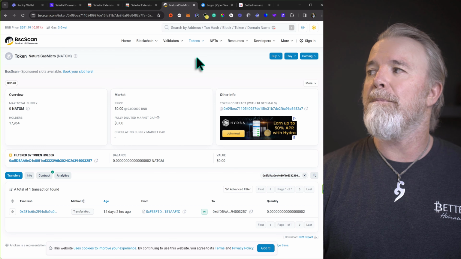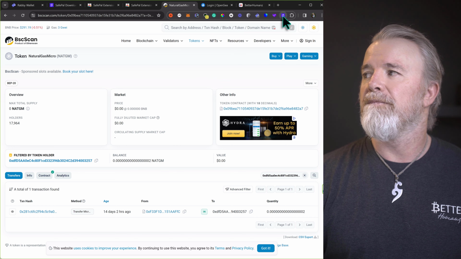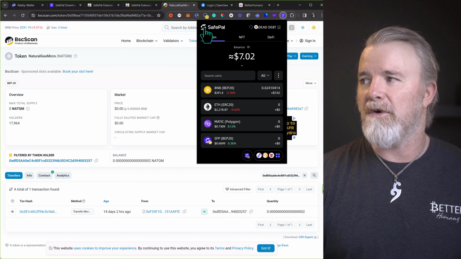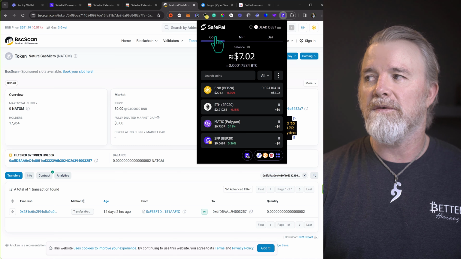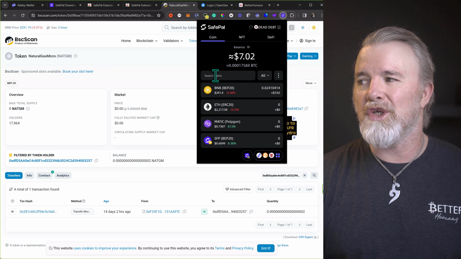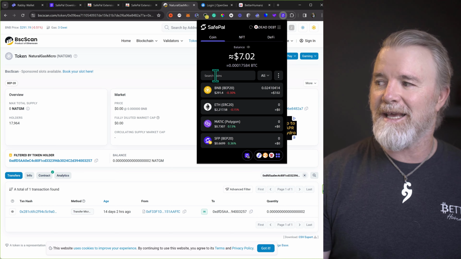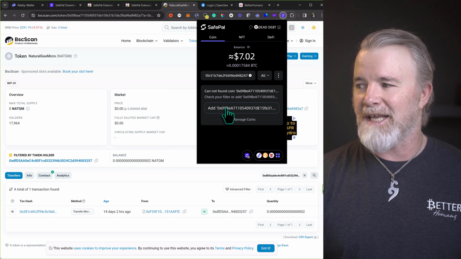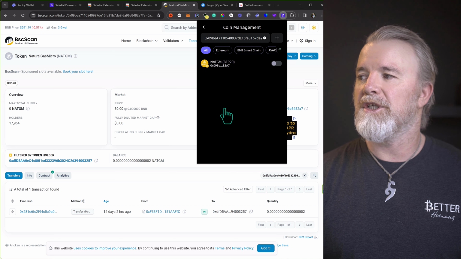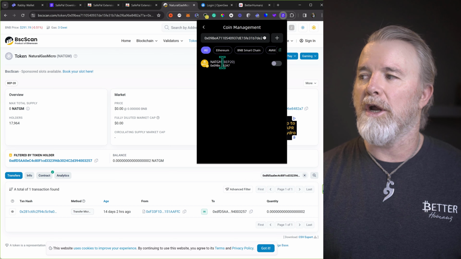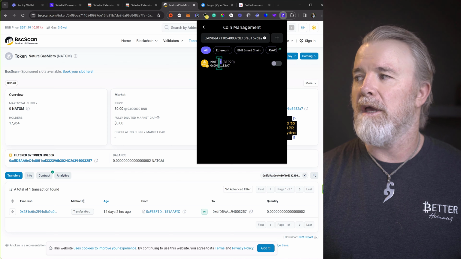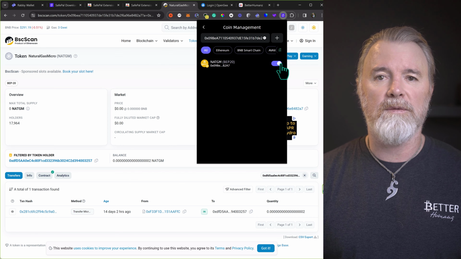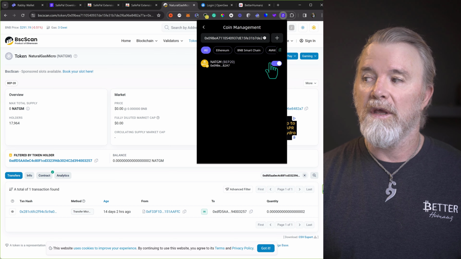Then I'm going to come back to SafePal, back to the main page right here. Make sure you've got coin selected right here. Put in search coin and Control V and paste that contract address in there. Now we just need to select add, and you can see it's showing us our NatG micro, M for micro, right there. What we need to do is enable this. Once we enable this, it will show us how many micro licenses we've actually got for NatG.